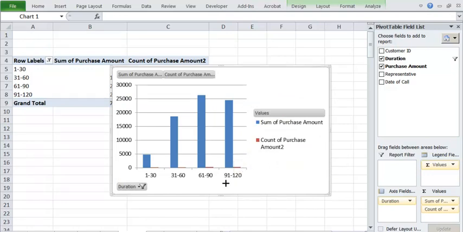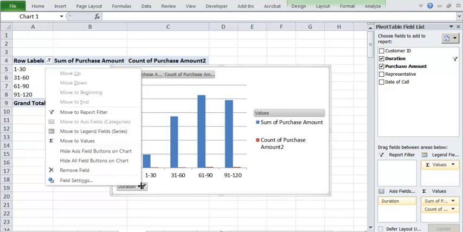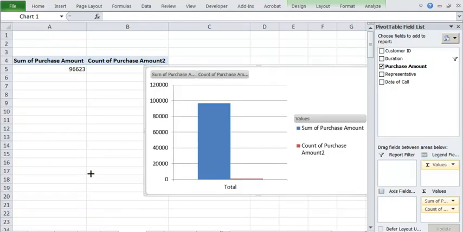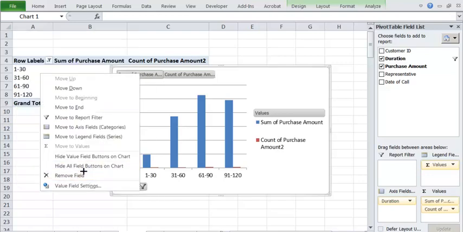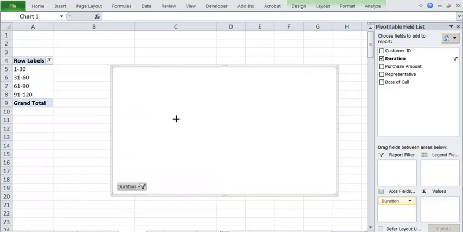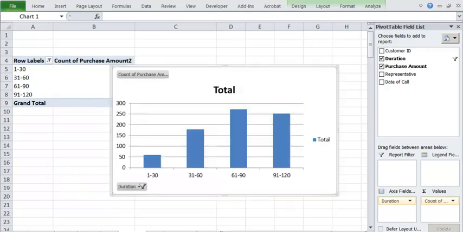But many times you may not want this dynamic chart, right? So if you do not want this dynamic chart, what you can do over here is remove this. Okay, so how can I remove it? If I remove this field, see the chart gets distorted. So you cannot remove the field by removing these values over here. See, if I remove this field, the chart is gone, right?